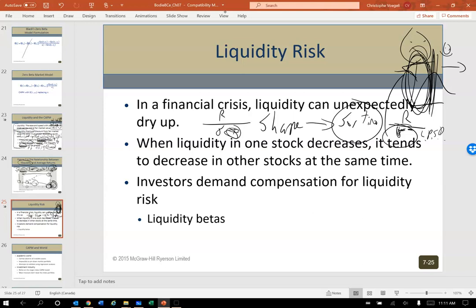Same thing with liquidity. We could tell someone this oil company has a really high bid-ask spread, but they may not care when oil is booming. But when they have to get out, because oil is going to go downhill because Russia and OPEC and Venezuela are ganging up on Canada and the US or whatever, all of a sudden you say, holy crap, liquidity matters.